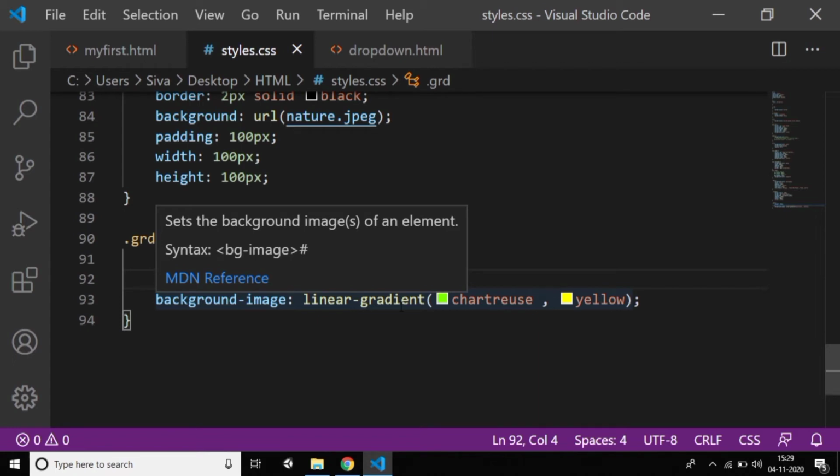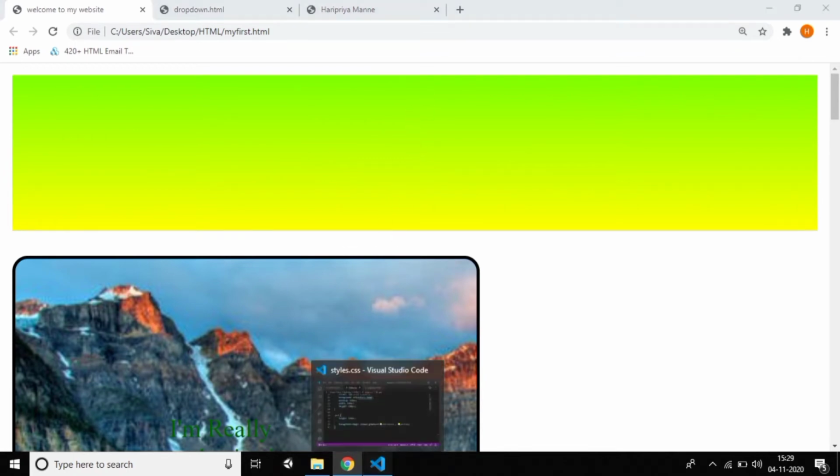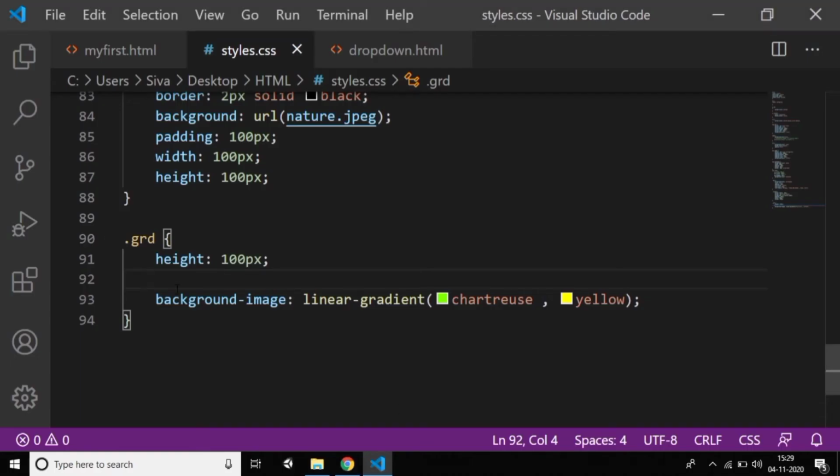The color mixing you observe is on two sides, top and bottom. If you want right and left, you need to specify to right. Here you need to specify to right, press Ctrl+S and reload it. You can see the mixing of right and left.